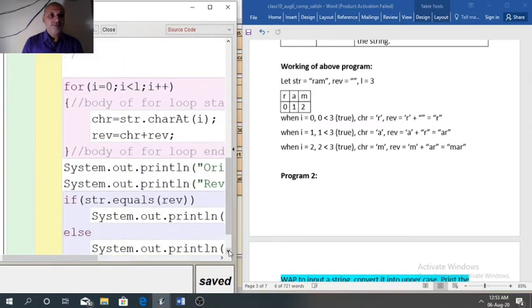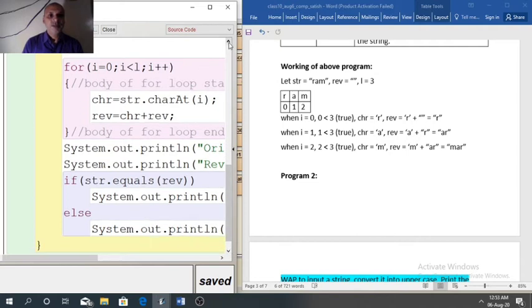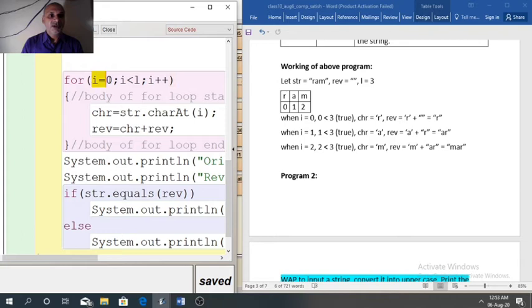Now the loop, this is the logic here: for i equal to 0, i less than L, i plus plus. So for this example, when L is 3, our loop will run 3 times, for 0, 1, 2. So we will be able to extract each index of this string, that is 0, 1, 2, and the characters present at those indexes, that is R, A and M. So all characters present in the string will get extracted.